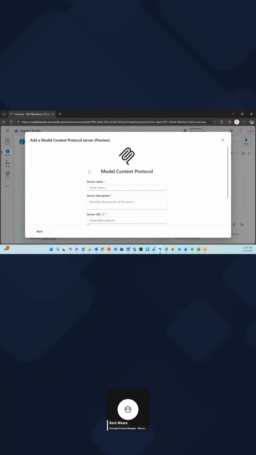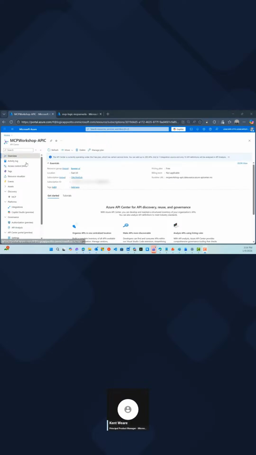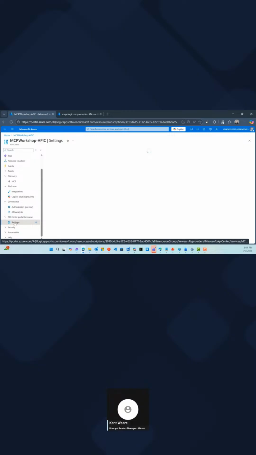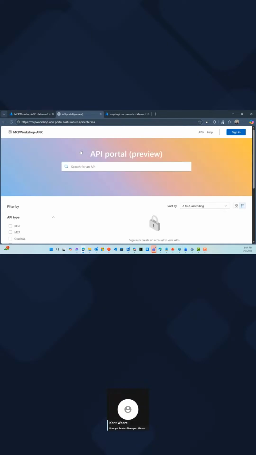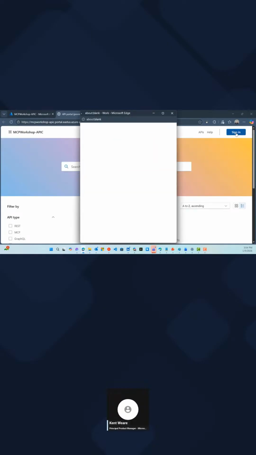What we do need to do is we need to head back over to API Portal first because API Portal is going to give us our URL. We need to start with our URL. Okay, so we're in API Center once again. We want to go down to API Center Portal, click on Settings. Then we'll go ahead and click on View API Center Portal, and then we'll need to go ahead and log in. So we'll log in,